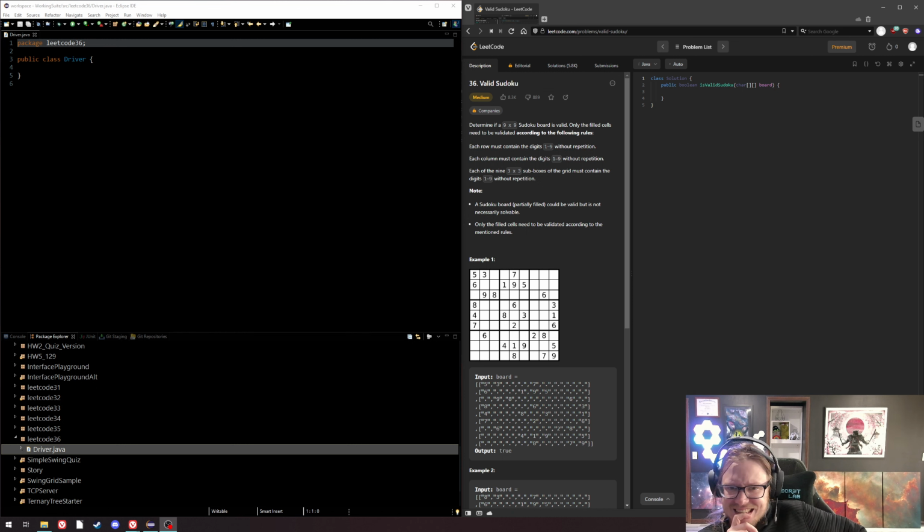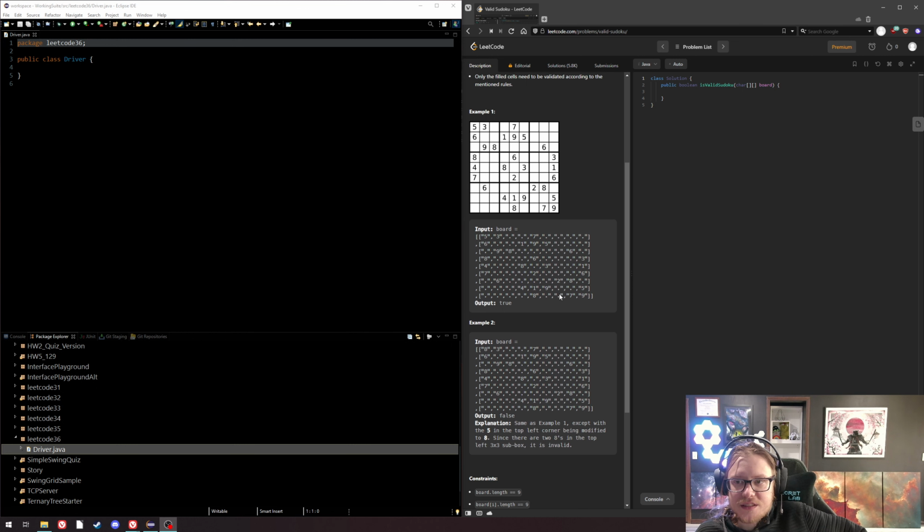Okay. Let's see. A 9 by 9 Sudoku board is valid. Only the filled cells need to be validated according to the... Okay, never mind. Maybe that is a medium. Each row is contained, blah blah blah. It's 3 by 3 sub boxes. Partially filled is valid, but not necessarily solvable. So it doesn't have to be necessarily solved. Yes. All right. That is actually